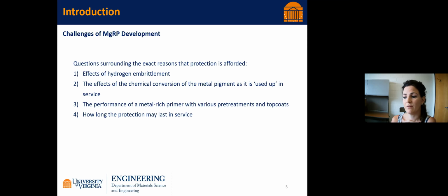The unknown effects of the chemical conversion of metal pigments as it's used up. There's a lot of research that suggests this is actually a positive, that we can get this deposition and form a secondary barrier if we have a scratch or a defect that exposes the substrate. But because it's not fully known what happens as the coating is used up, that's another concern and another challenge. There's the effect on the performance of the magnesium-rich primer in terms of incorporation into a full